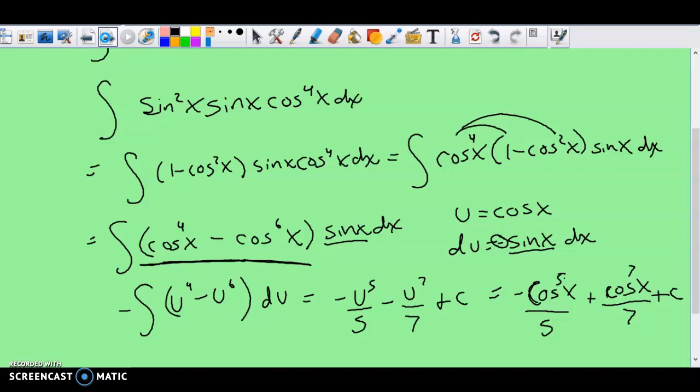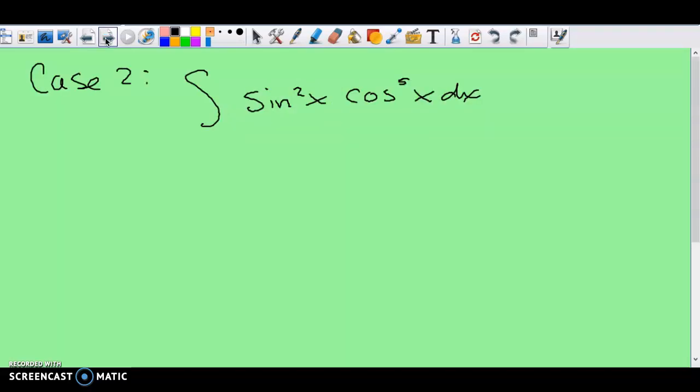All right, let's try the second case where cosine is odd and positive. And that was on that little sheet of paper talking about the different cases. Okay, so for this one, I'm going to break down cosine this time. All right, let's see. And the reason that this is going to work for this problem and what we did last time is not going to work for this one